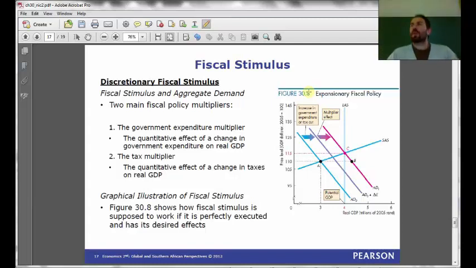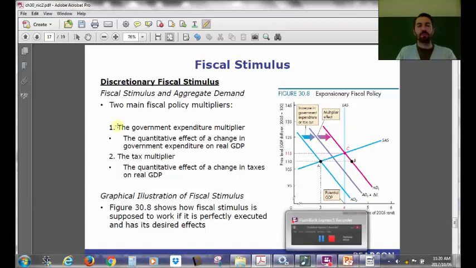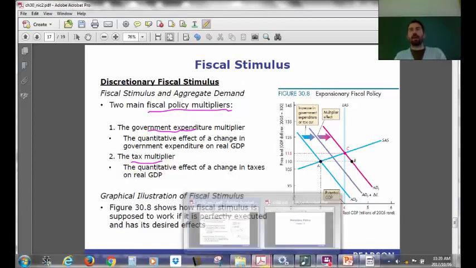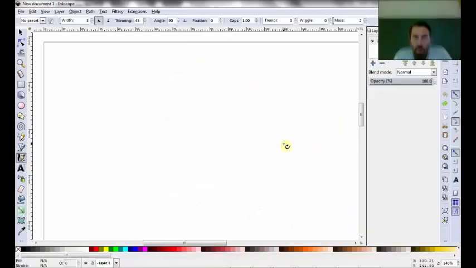So, we are talking about fiscal policy, and someone asked a question, and the answer to that question is going to come now on the slide. I'm going to have to show you an example though. When we talk about fiscal stimulus, obviously fiscal stimulus has a demand side effect, and there are two fiscal policy multipliers. First of all, there's the government spending multiplier, and then there's a tax multiplier. Okay? So what does that mean? Well, if you recall